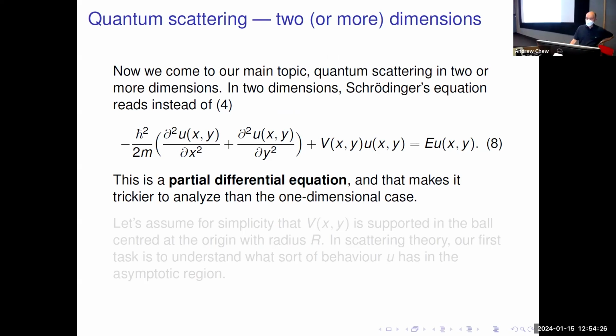All right, so we've built up to quantum scattering now in 2 or more dimensions, the main topic of this talk. So what I say actually applies to more dimensions, in particular 3 dimensions, but just for expository reasons, it's convenient to stick to 2. So in 2 dimensions, Schrödinger's equation reads like this. So compared to what we had before in the 1-dimensional case,